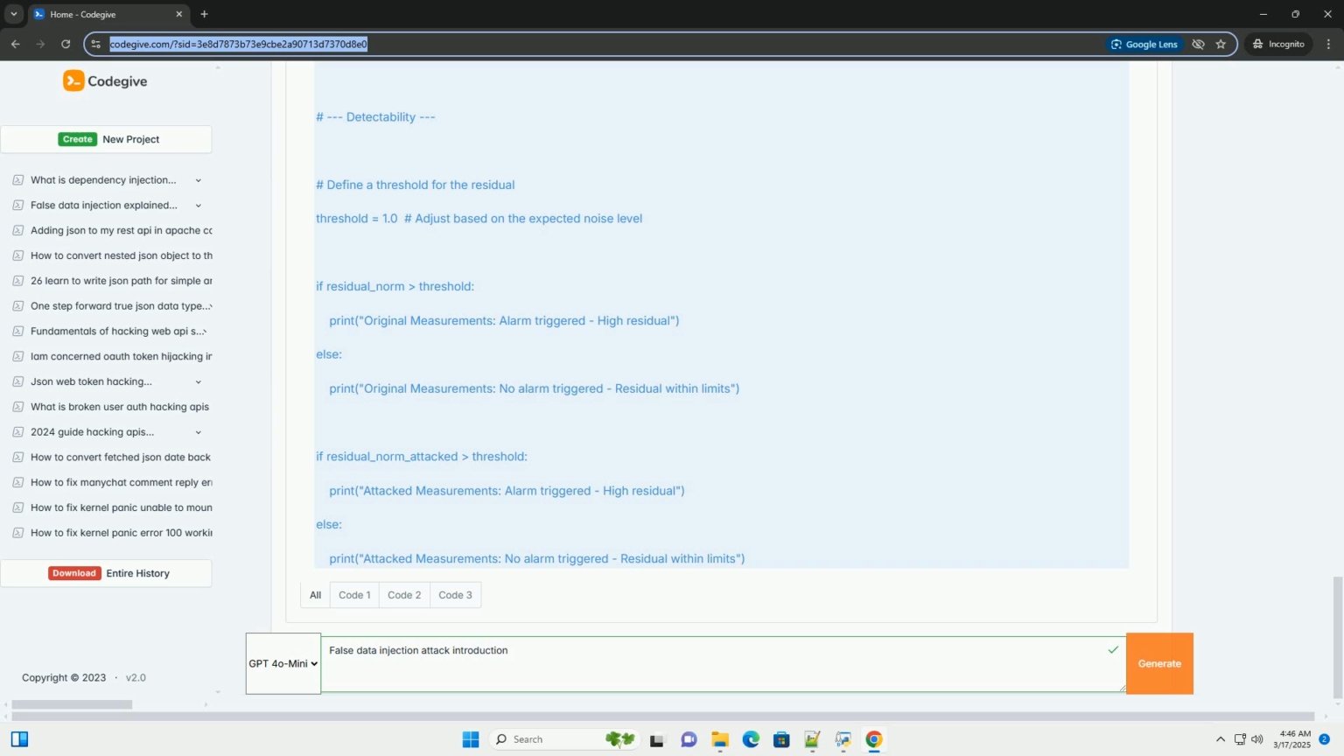Code example, Python with NumPy. This example demonstrates an FDI attack on a simple linear system. Important: this is a simplified example for educational purposes. Real-world CPS are much more complex. Explanation of the code: